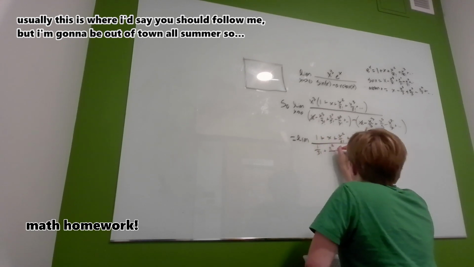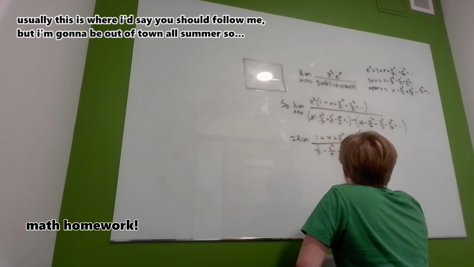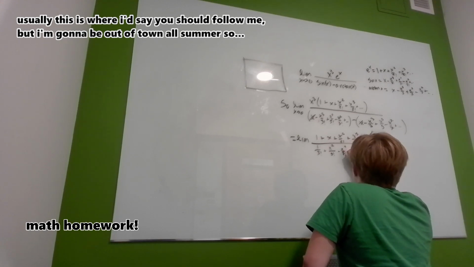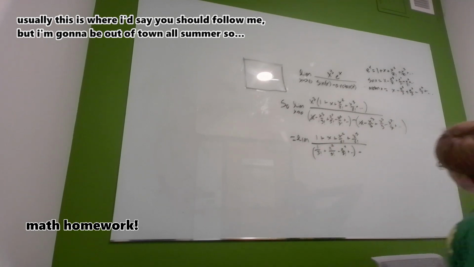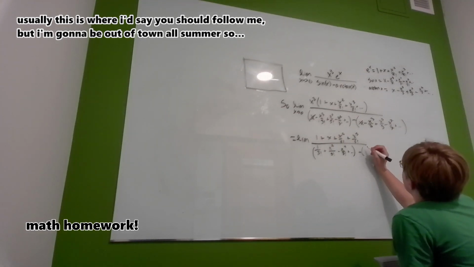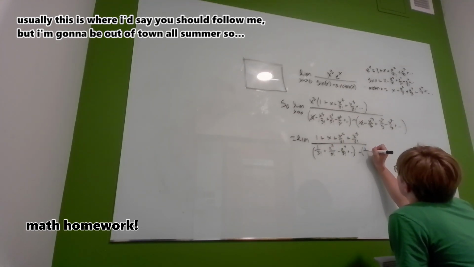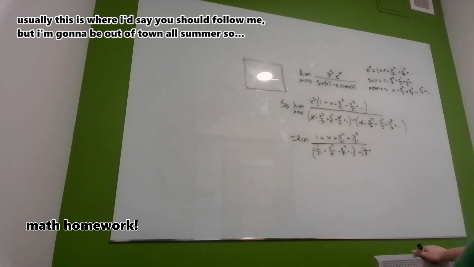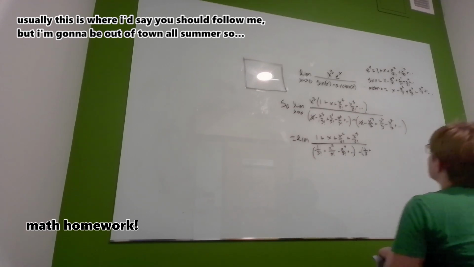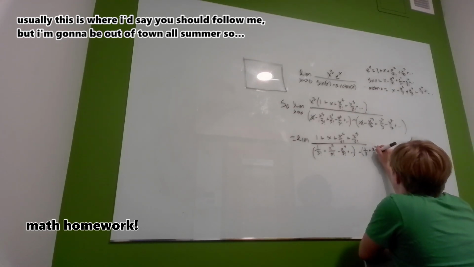To be honest, over 5 factorial minus x to the fourth factorial, minus 1 over 3 plus squared over 5, 7 plus